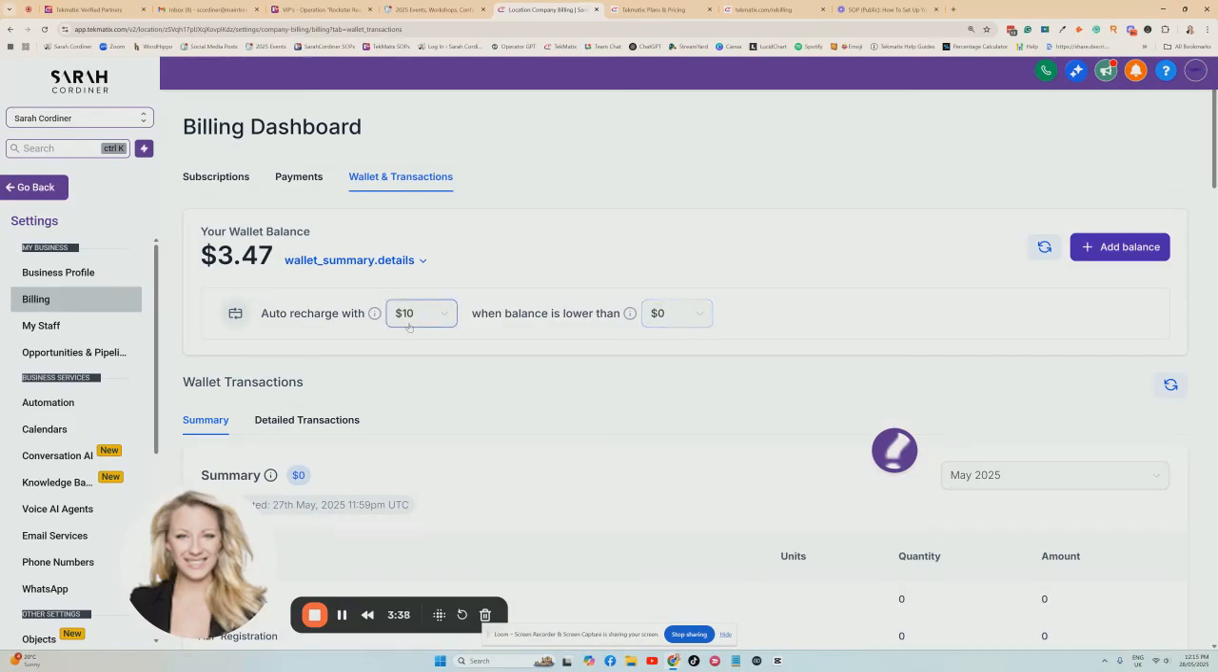You want to tell the system, how much do you want to always sit inside your account? That's what this first one is. Always have X balance of credit in my account. And how often would you like that to be deposited into your wallet area? So I would strongly recommend, if you're doing campaigns that are going out and you don't ever want your campaigns to stop because your credits run out, please at least make sure that your recharge amount